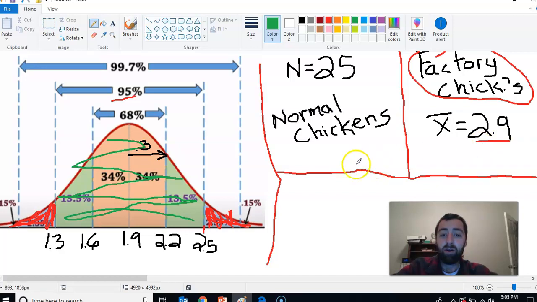And so if we get a sample of chickens that have an average weight that's in one of these critical regions, we then say it's so unlikely that the one sample we got had an average in these critical regions and that they're actually normal chickens. So what's more likely going on is that we have a group of chickens that are not normal, that weigh more than normal chickens in this instance. All right, that's all I'm going to say about that.